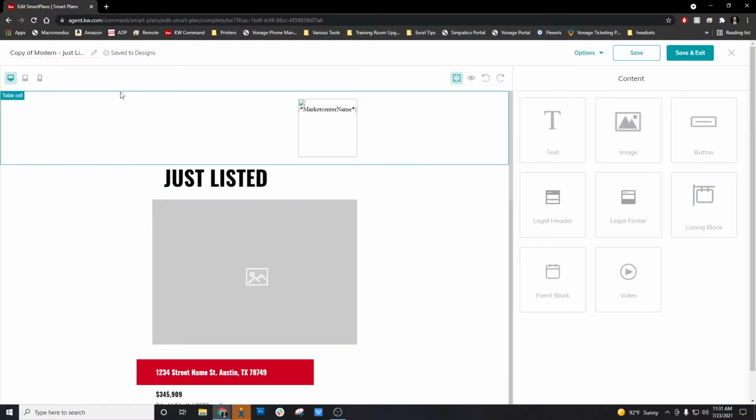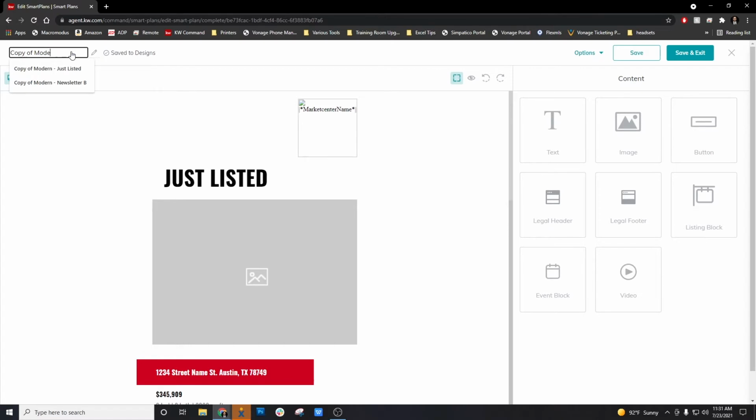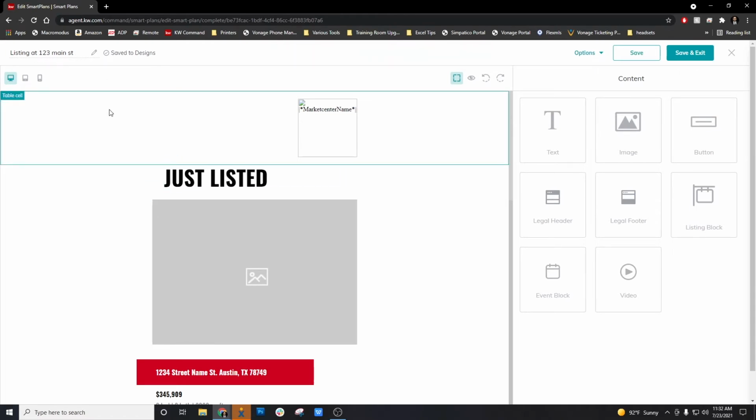And then before I get started, I'm going to make sure I rename this email template based off of what I'm working on. So if this was for, you know, for a listing at 123 Main Street, for example, just to make sure that this gets saved with this name, so I'll be able to tell this apart from my other designs